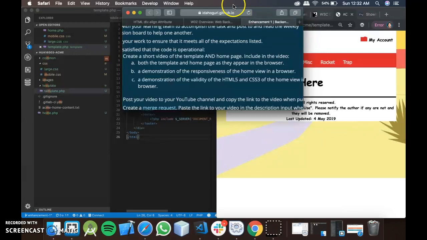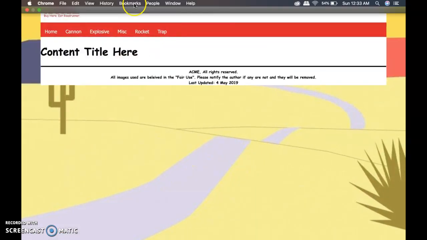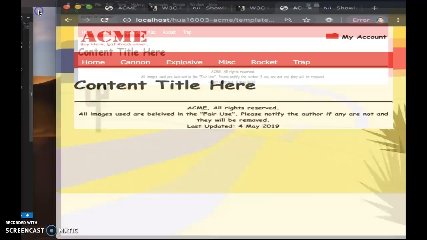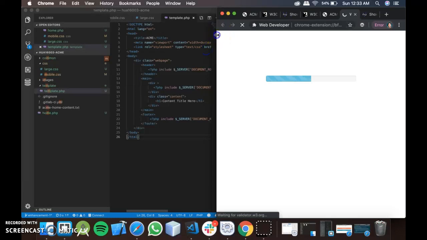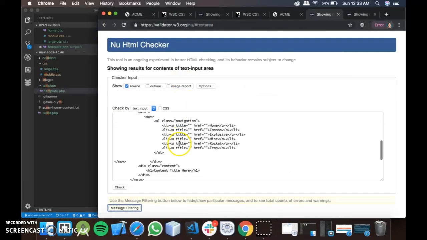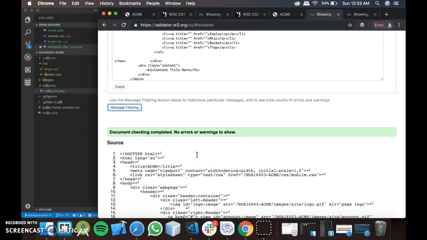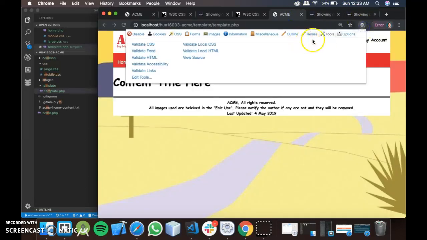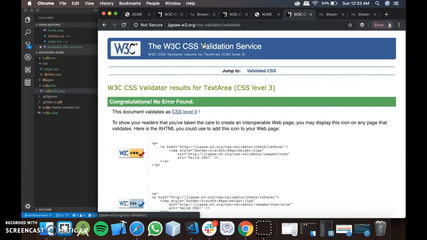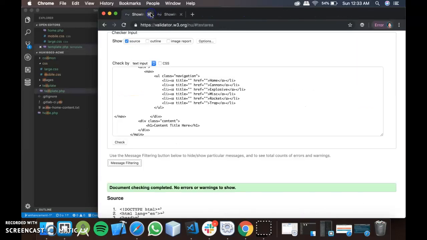For enhancement number 1. Now I'm going to show my template. Here is my template. As we can see, the HTML has no errors, and the same with the local CSS. I'm going to close those, and now I'm going to show my